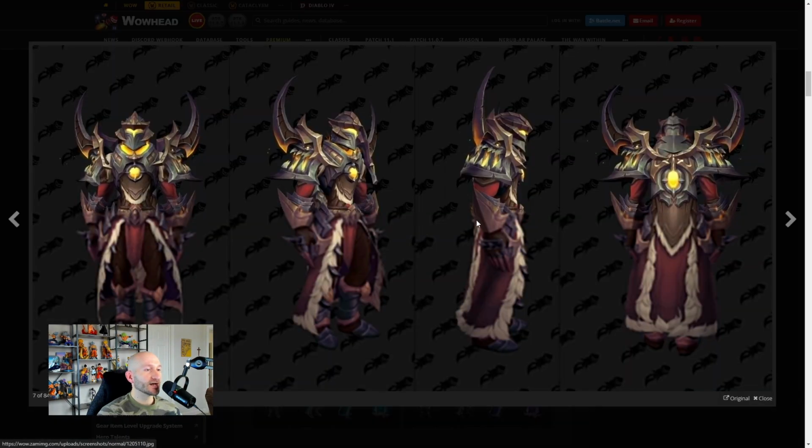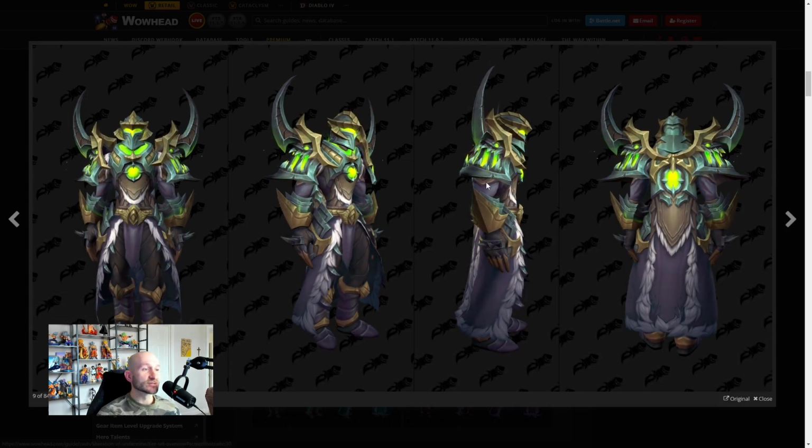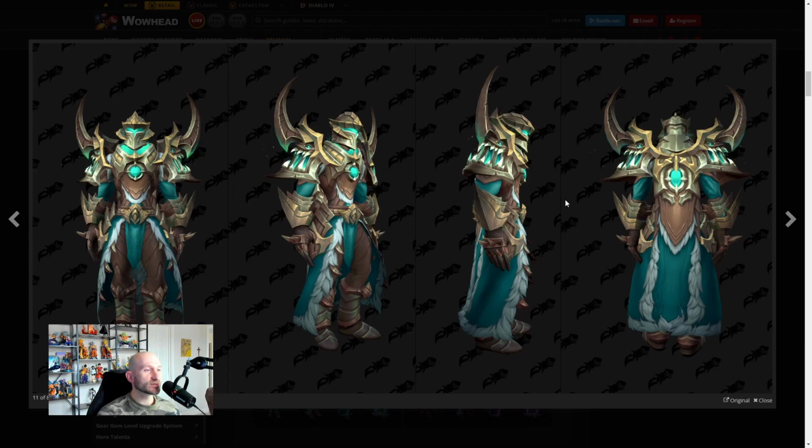Next, we have Demon Hunter, and I actually like this because Demon Hunter was one of my mains, and usually for Demon Hunter, you just have the open chest to show off the tattoos and that kind of stuff. And I'm glad that they moved away from that and we got some actual armor for once. The shoulders are cool with the open demon mouth with the horn. I would assume your horns are going to come out from the top here, making it look pretty badass. So I like it. I like this one too. I'm going to give this one